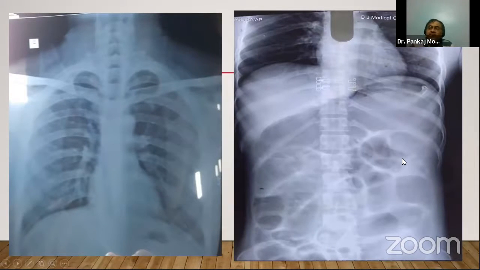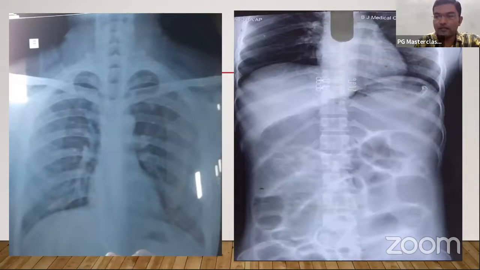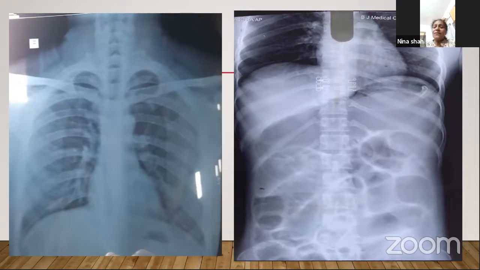Remember, if it is a large bowel obstruction on the left side, like in the last X-ray, the transverse colon will be distended, and you can see at least a lot of gas in the transverse colon, which is not seen. But what is the meaning of the gas seen in the cecum? Sir, it means the ileocecal valve is competent, and the obstruction is causing a closed loop obstruction.